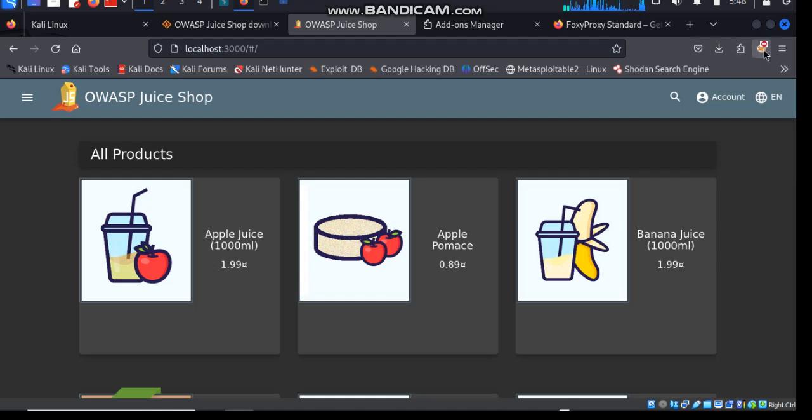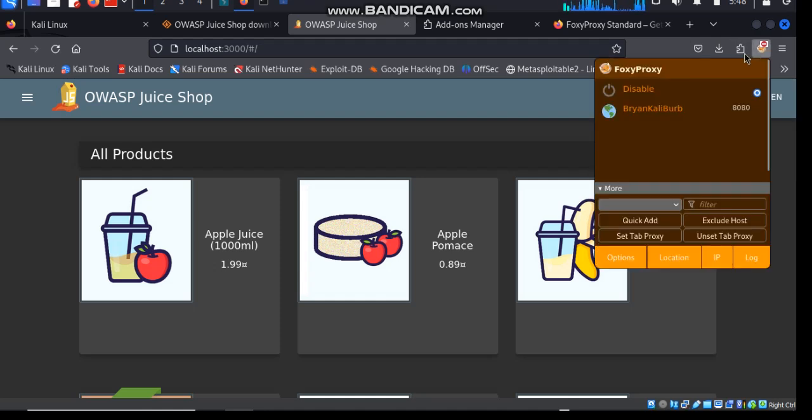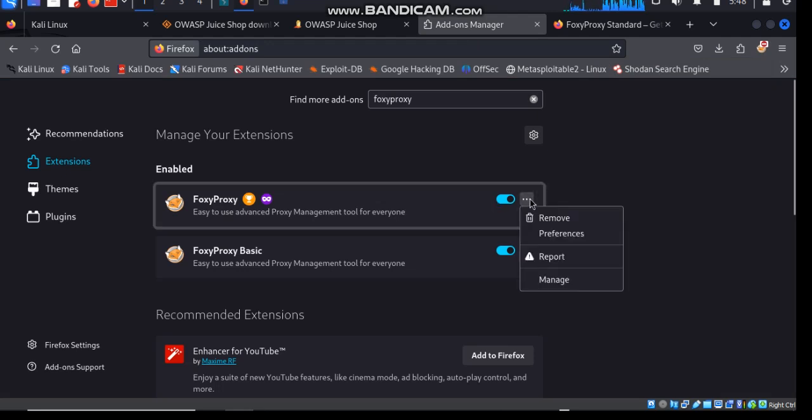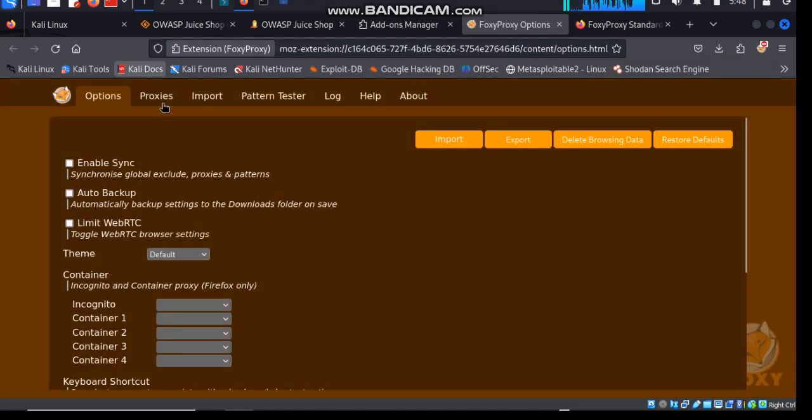So on FoxyProxy, once you have already installed the FoxyProxy extension plugin here, when you click on preferences, you come to the proxy. Now this is mine. So I'm going to open the settings so that you use it to add yours.